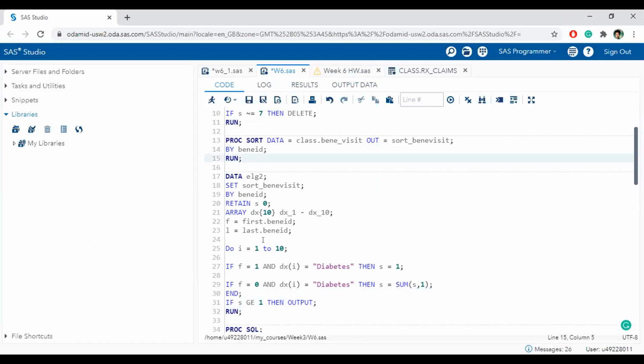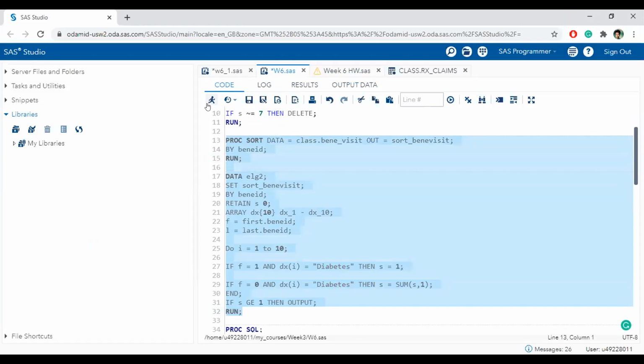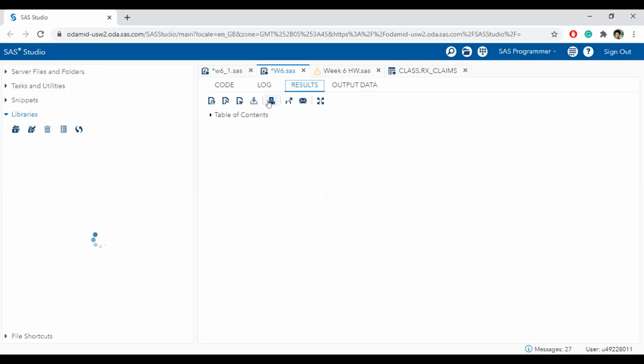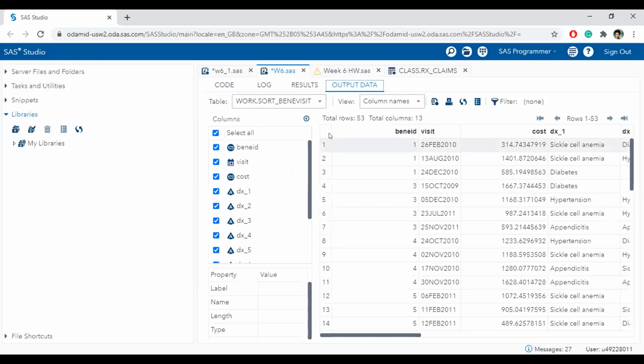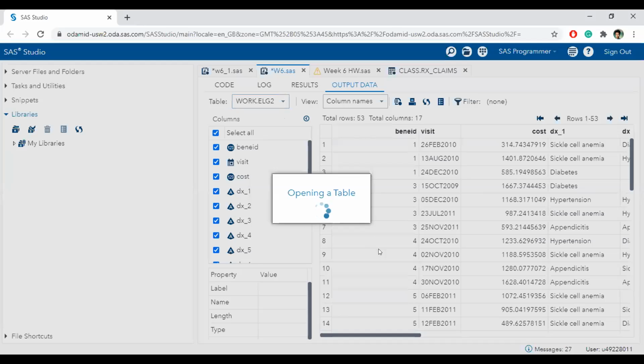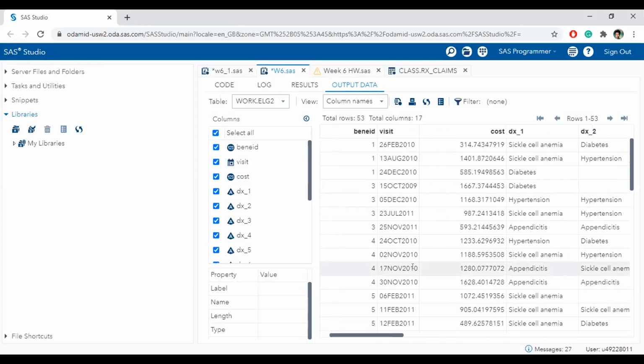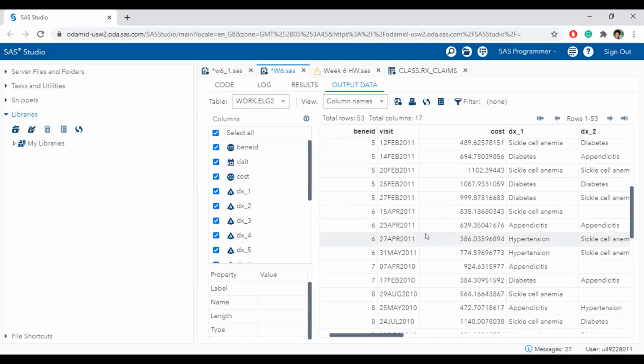For that, I use the following code. Please have a look. So the output would be like this. This one is sorted. So all the Beni IDs had diabetes, so it didn't change anything.